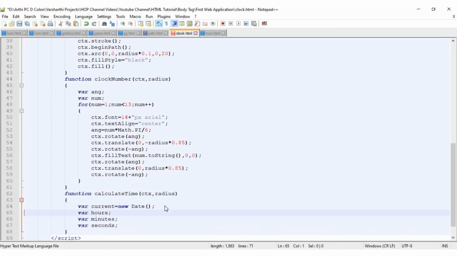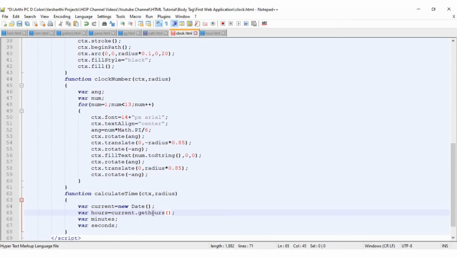So what we are going to do is calculate the current hours. So if the time is 11:15, the hours value will be 11 and the minutes value will be 15, right? So variable hours is equal to current dot getHours of, right?